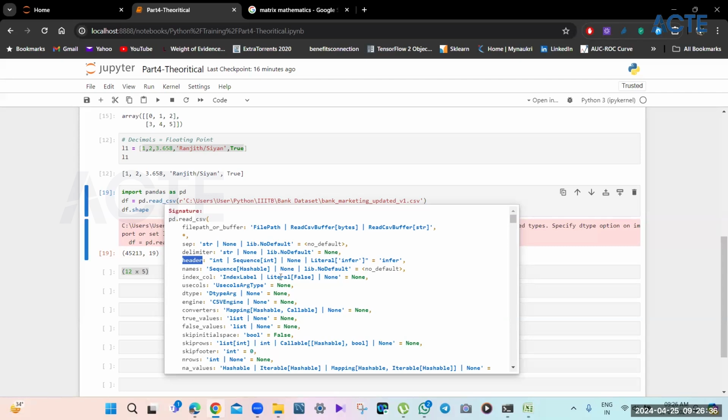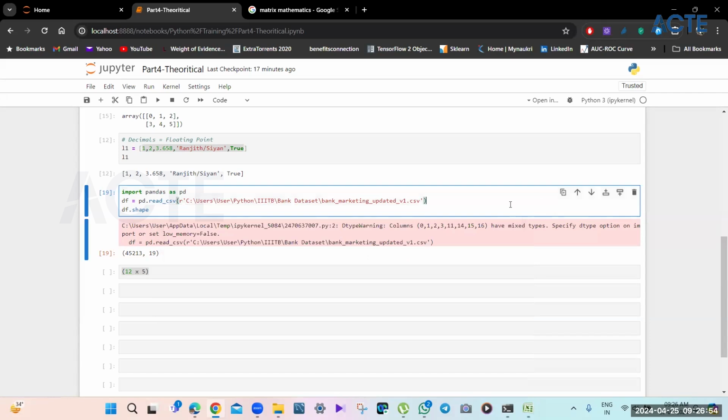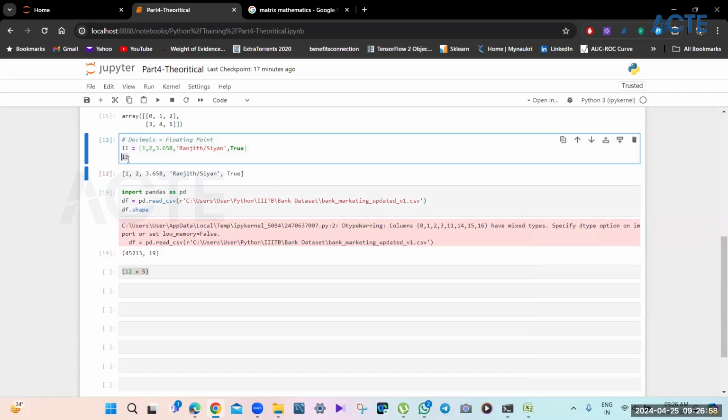But let's say the file has no header, header meaning the column names, and you want to create them on your own. Then you have to change this option. That is just one thing, and there are a lot of other options. Dtype is the data type of each and every column. Until now, we were just using type on a list, and Python was telling me this is a list, this is an array, this is an integer.